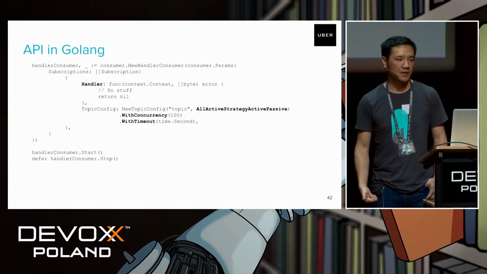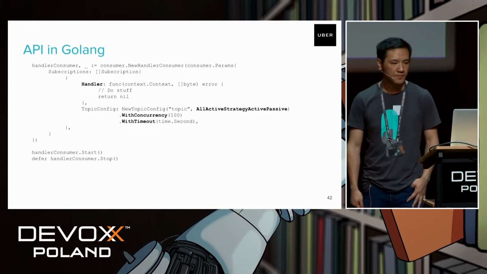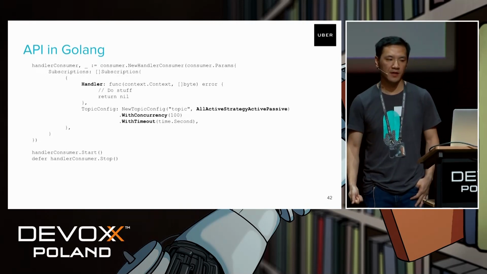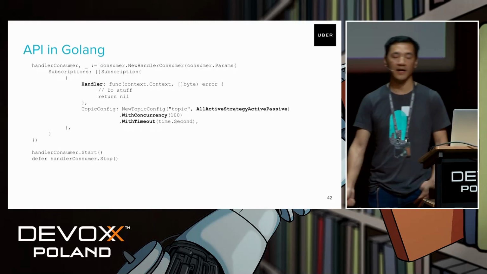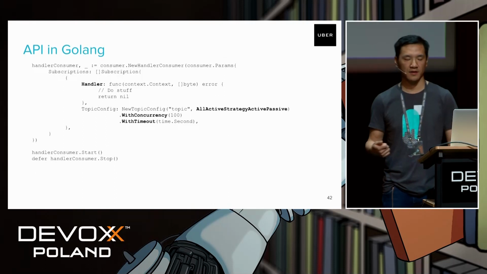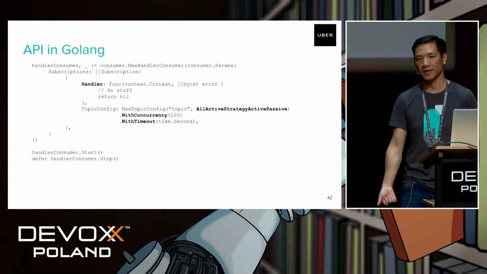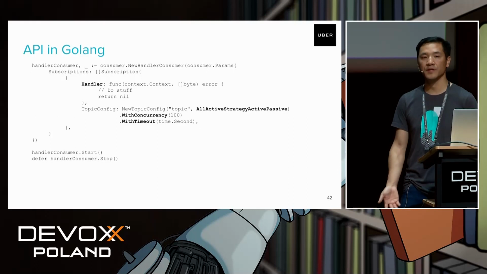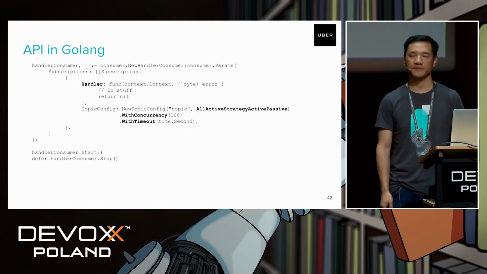And then people can put the config as the second parameter in this case. People can put what kind of topic I'm subscribing to, and what kind of consumption strategy I want to use. We provide different kinds of strategy. Active-passive is one that I just mentioned before. That is a good one for cross-DC failover. We also support all-active local, meaning people would just want to consume data from the local data center, and people can choose whatever strategy they want to use.